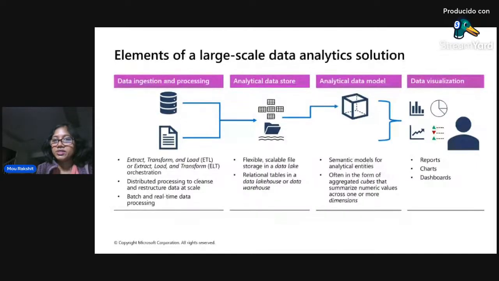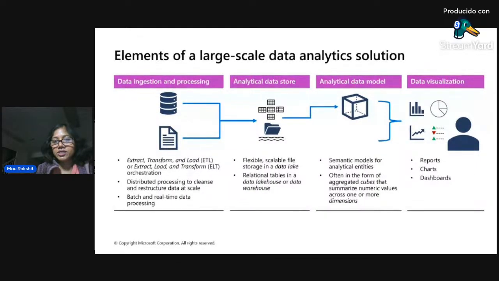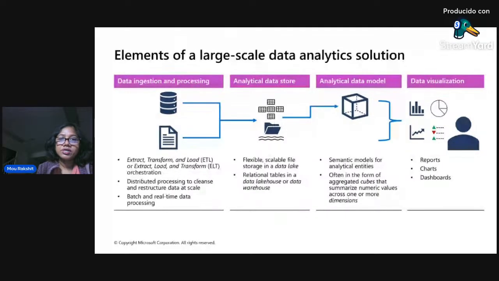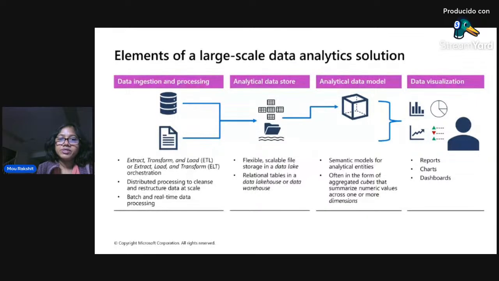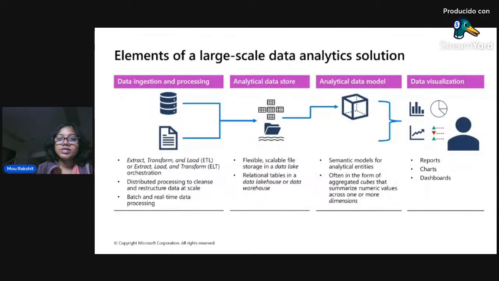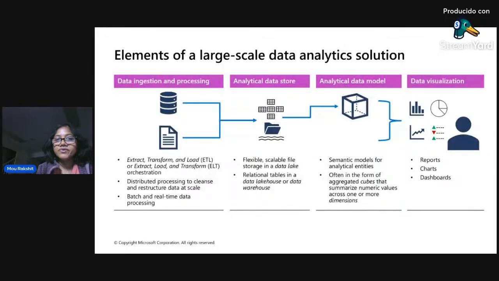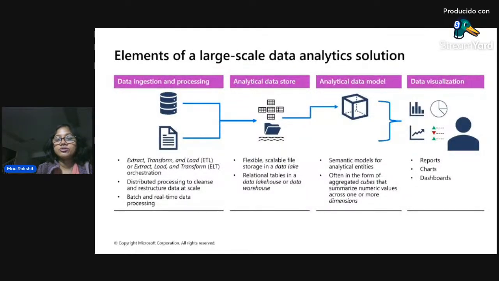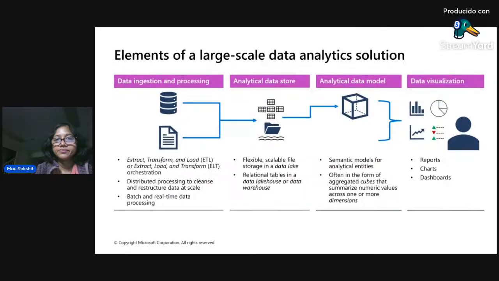So in order to present that data for visualizations, it needs to be formatted in a fashion which is consumable for those type of analytics. So here we are talking about that semantic model, which is your facts and your dimensions that we're going to talk about, which is basically your data is aggregated in different grains so that you can slice and dice the data and be able to visualize it. So those are the few pillars of your big data analytics or large scale analytics solution.